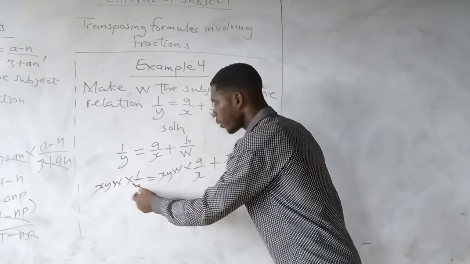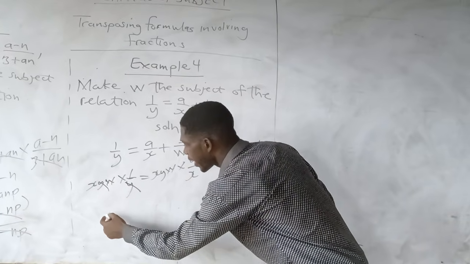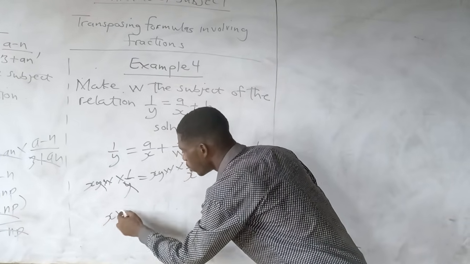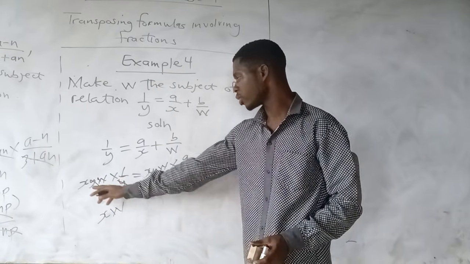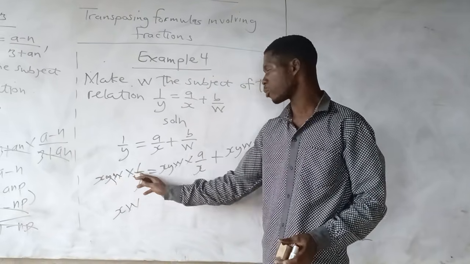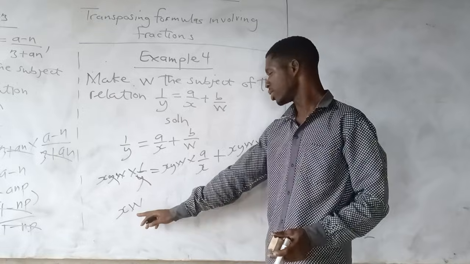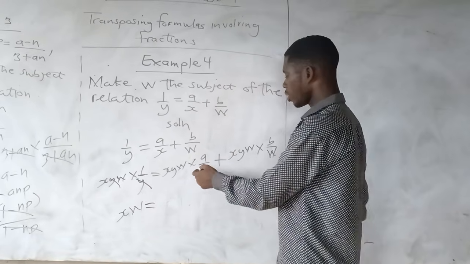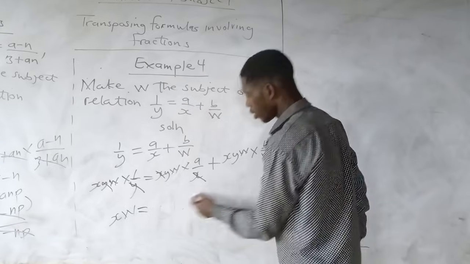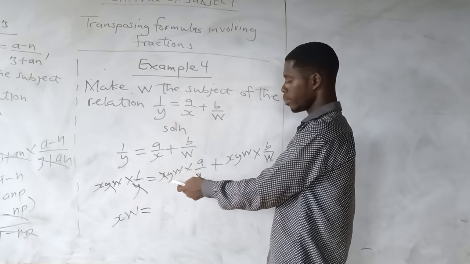Here the Y will cancel the Y, so it will be left with X W. X W times 1 will still give X W, equal to